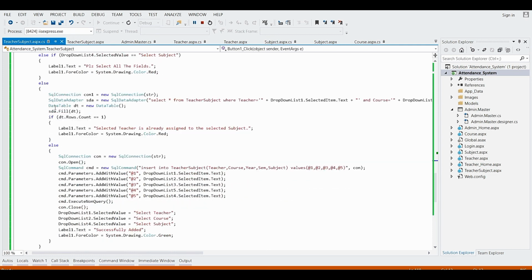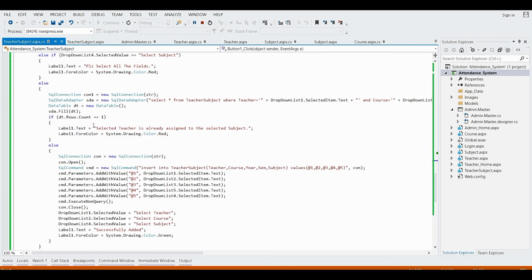After filling that data in the data table, we have to check whether any data is there in the data table or not. For that, we check that the rows count is equal to 1. If the count of rows present in the data table is equal to 1, that means data is present.